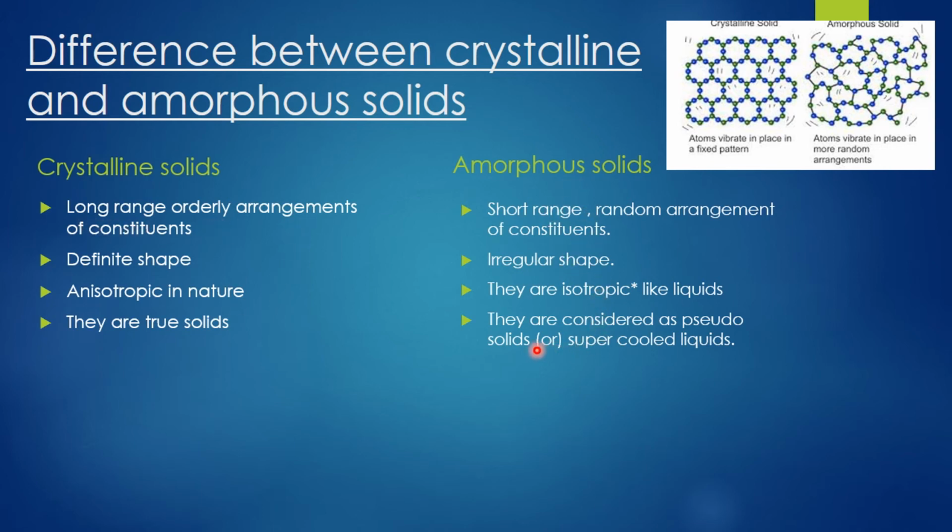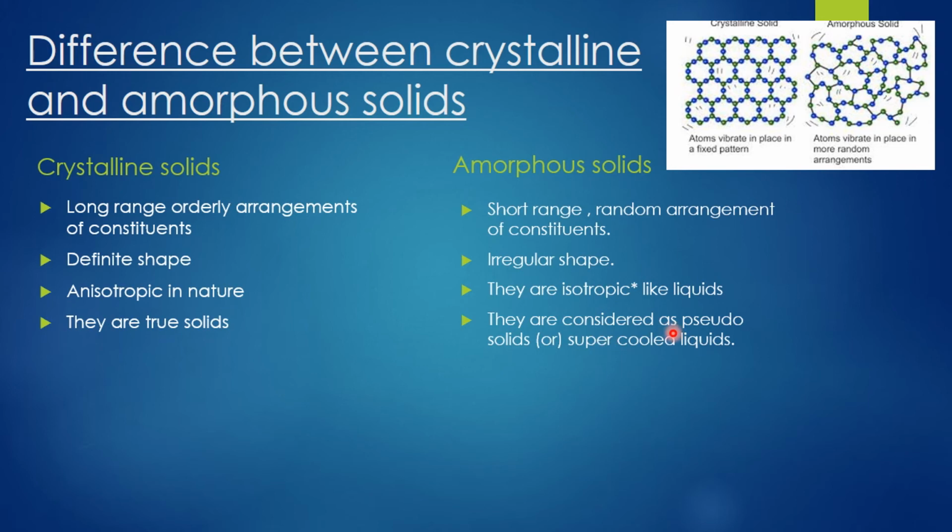But the amorphous solid is otherwise called a pseudo-solid. Pseudo-solid means false solid. That means it seems to be a solid, but actually it's not a solid. It's said to be a super cooled liquid. Take the example of glass. Actually, glass seems to be a solid, with a perfect crystalline appearance, but actually it's not at all a solid. It's a liquid. When silica is heated to an extreme temperature and suddenly cooled to a very low temperature, it gets converted into a solid state.